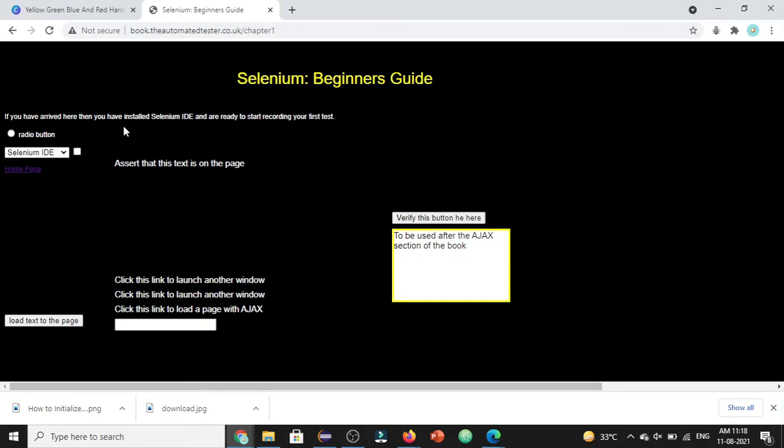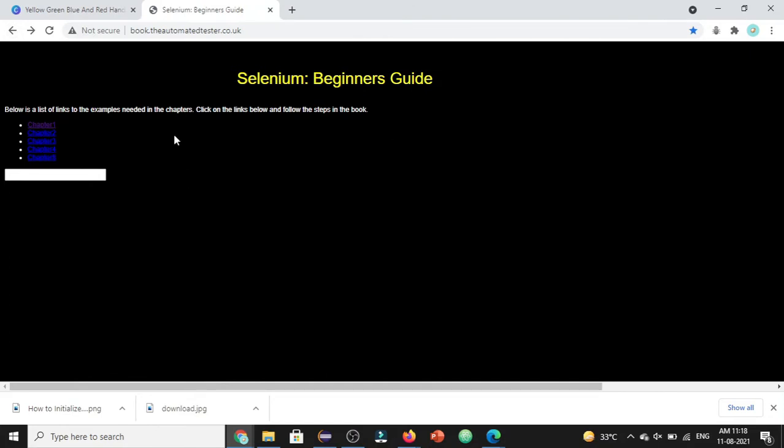So when you follow the page object model pattern, what we need to keep in mind is that we will be storing all the web elements in an object repository, and that object repository will be created based on the pages. So while you test this home page, you store all the web elements of chapter 1, chapter 2, chapter 3 and so on. All of this will be stored in a particular object repository, which we call homepage.java.